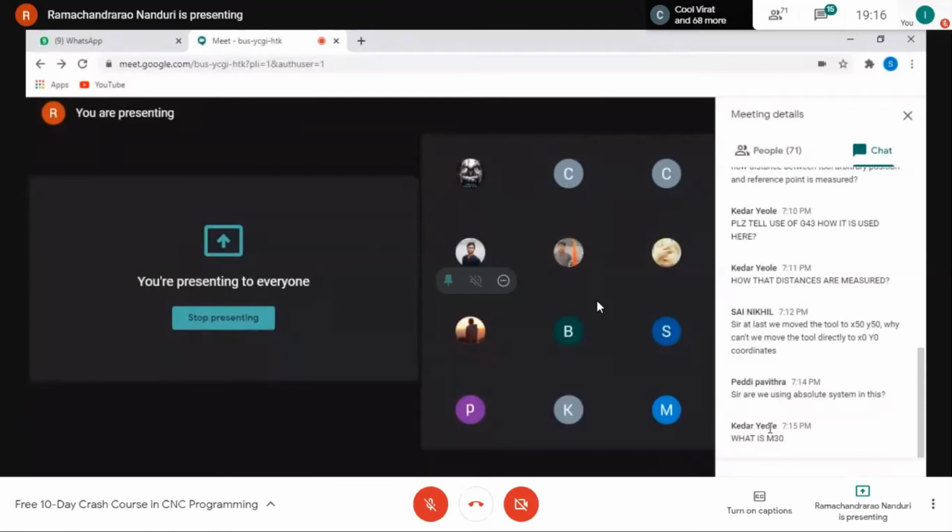As soon as we switch to a new program, this particular program will be deleted if it is in manual data input. If it is in automatic mode, you can save the program that you have already edited, and if you need another program, you have to edit that and save it in the memory. And whenever you need these two programs, you can just call them by program number and execute.